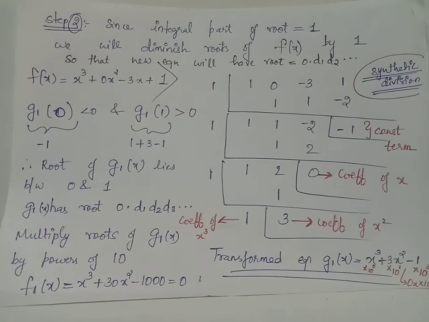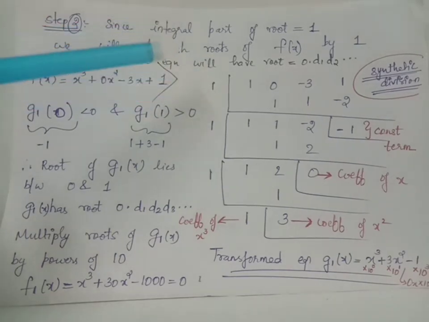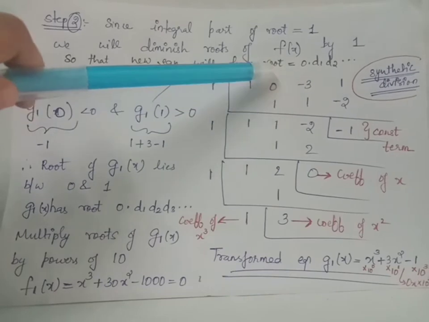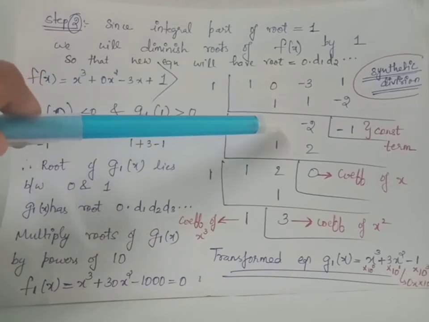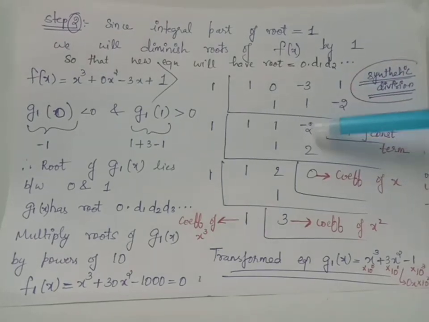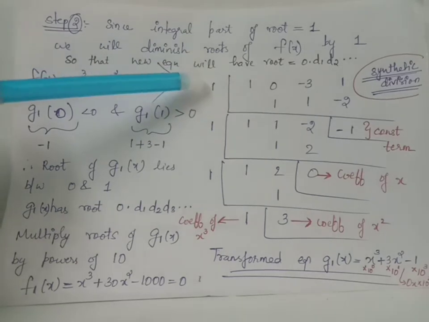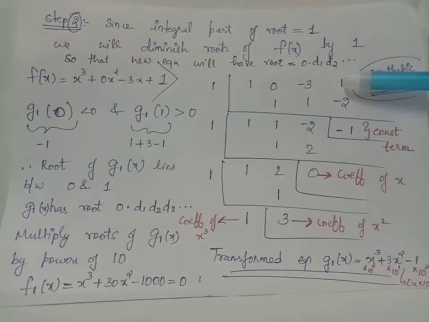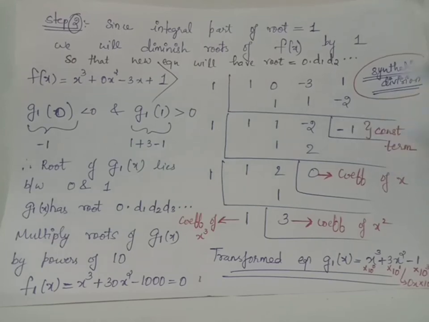These coefficients will be divided using 1. For that, 1 is written as it is. 1 into 1, the product is written here. These two values are added and recorded here. Again 1 into 1, the product is written here, and these two values are added and written here. Minus 2 into 1 will give us minus 2 as the product. This minus 2 when added with 1 will give minus 1. This last value will be neglected in the further process, and this value becomes the constant term.